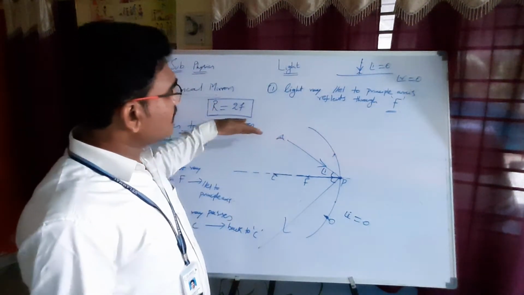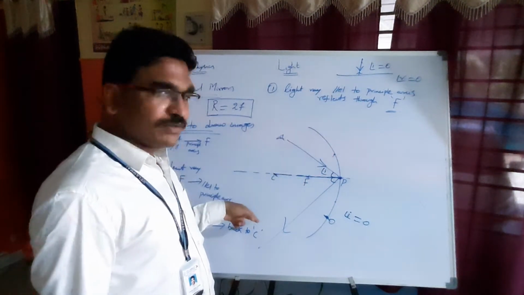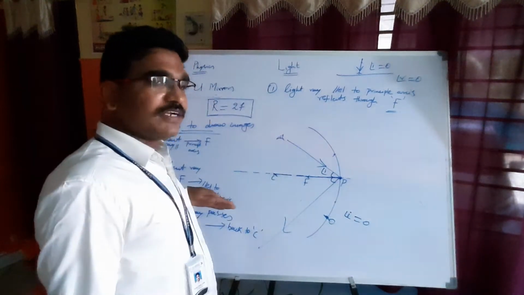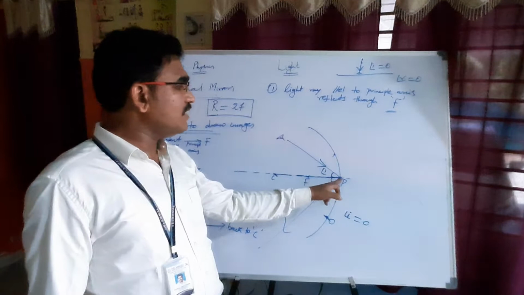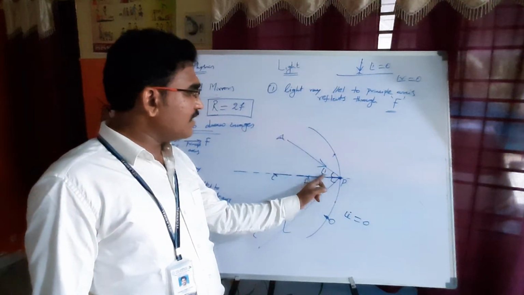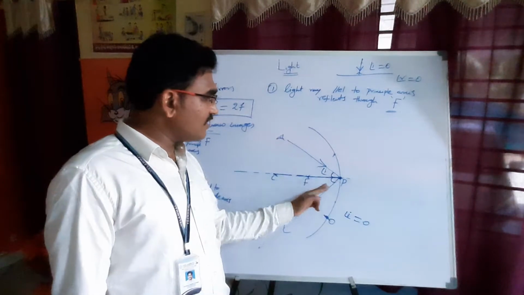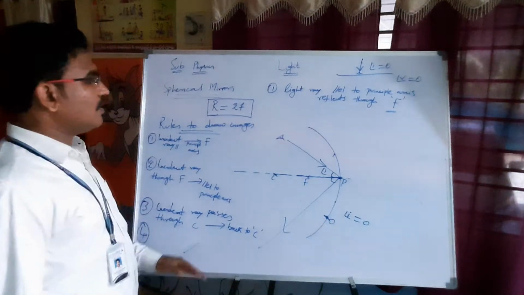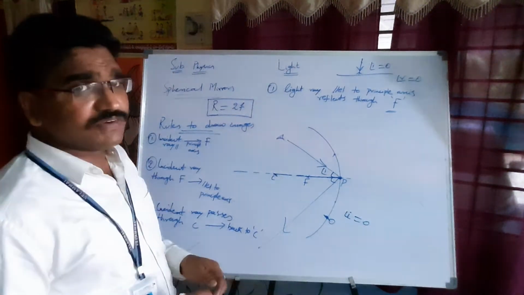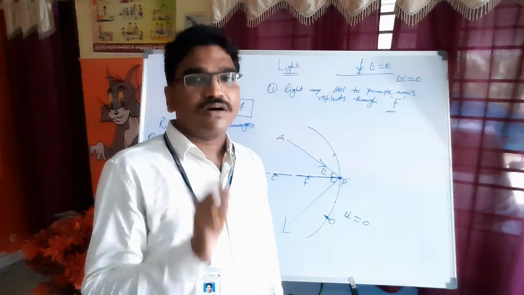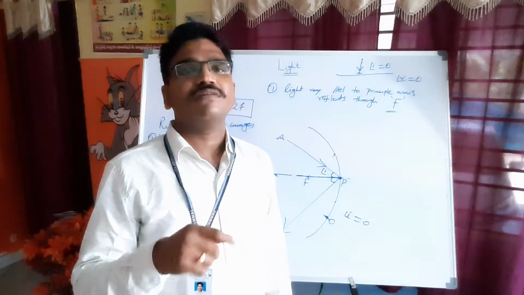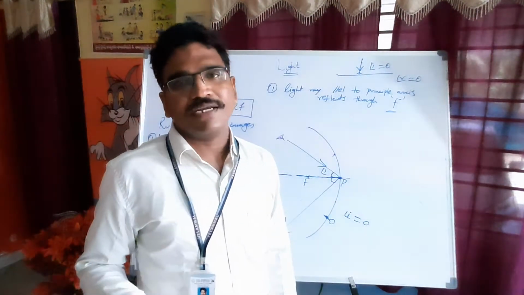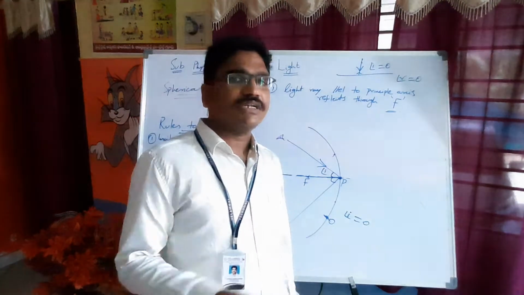A light ray parallel to the principal axis, after reflecting, will pass through the principal focus. If a light ray is passing through the principal focus, it will reflect parallel to the principal axis. A light ray falling on P, this is the angle of incidence, this is the normal, then it will reflect. The very simple fundamental point is, when you draw the incident ray, immediately draw the normal, take the angle of incidence, then on the other side take the same angle, then draw the reflected ray. Simple. Then you will know how to draw the reflected rays.